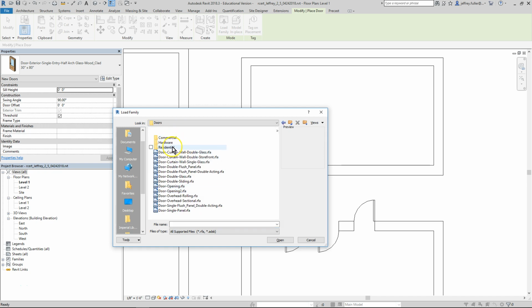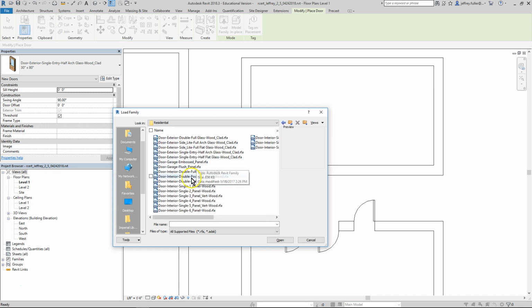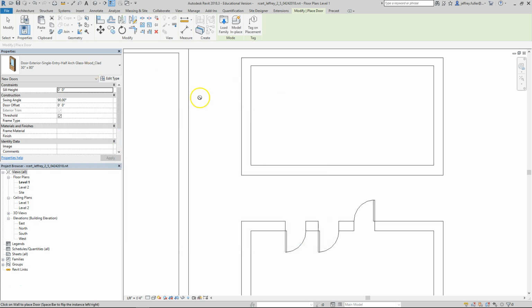Whichever type of door, commercial, residential, or just the hardware. And go ahead and pick an exterior door. You can choose this one, the door exterior single entry half arch glass wood clad. That was a mouthful. But anyway, once you open that door, place it somewhere,